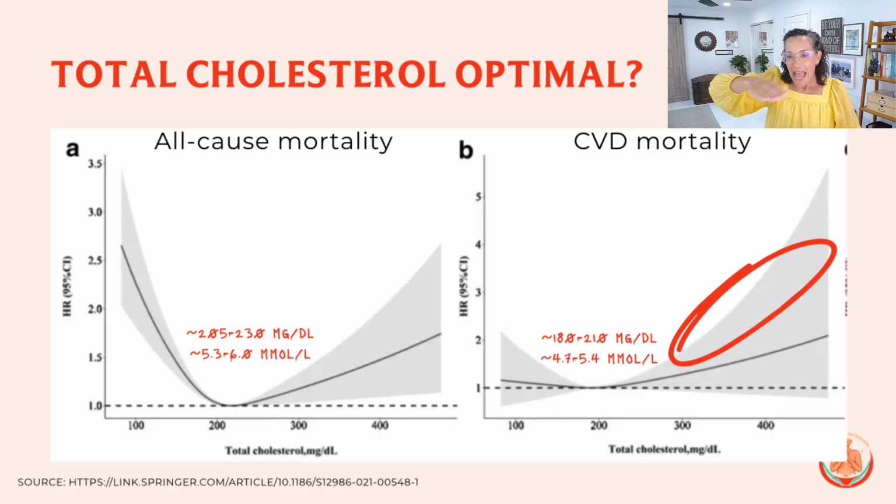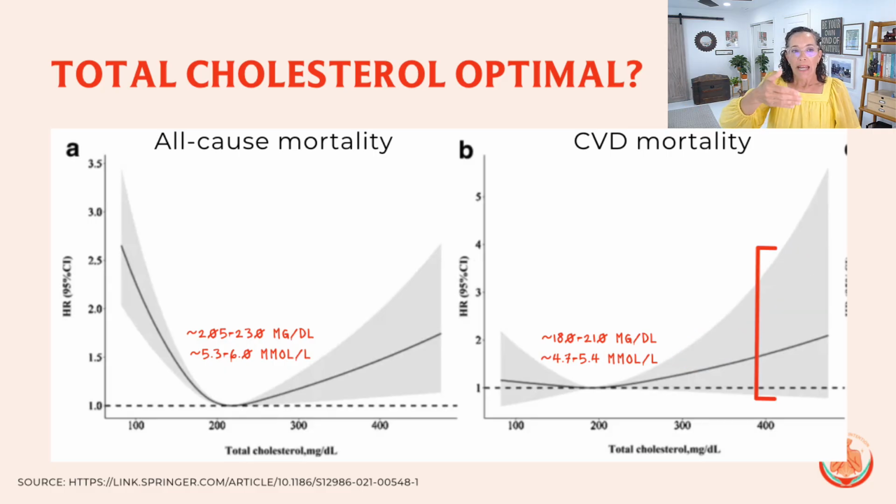So they took this average, which gave us the black line, but we can see from this very wide gray area that it's not a guarantee that you're going to die from cardiovascular disease, even if your total cholesterol is 400 milligrams per deciliter. Now, at higher levels of total cholesterol, and we're talking about over 210 milligrams per deciliter, other factors will play into whether or not you're going to die. That's what we can see by this really wide gray area.